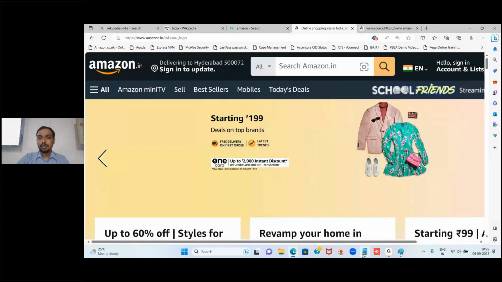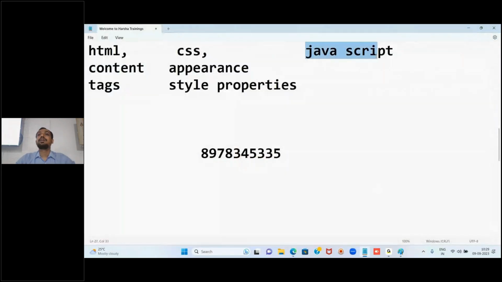Now, what is the duty of JavaScript here? Using HTML, content done, using CSS, styles also done. Then why do we need JavaScript? Because we can create beautiful websites, right? But why do we need JavaScript? Using HTML and CSS, we can create the websites fine, but we cannot interact with the websites. The websites are static. You can only scroll it, but you cannot interact with it.